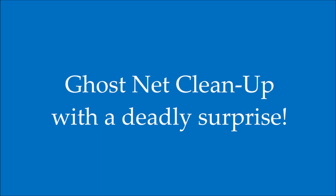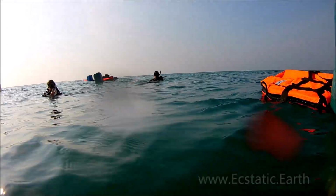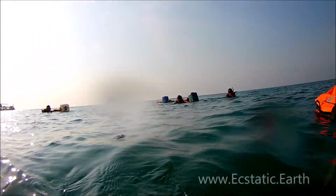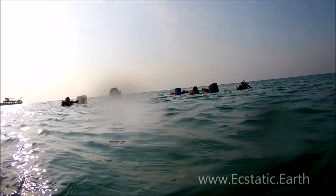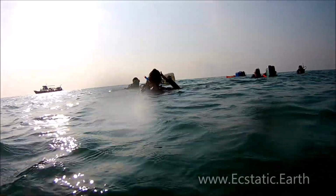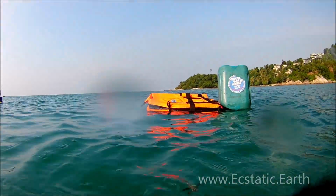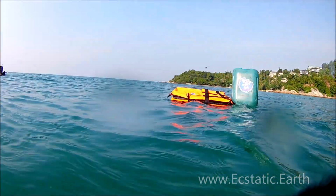Here is one of Ecstatic Earth's cleanup projects, a ghost net I found in the waters off of Koh Phangan. Yeah, and this is the very end, and it goes straight out that way. Straight, yeah. So I just tied this float. This net was laying in 5 meters of water, and it went out about 30 meters to